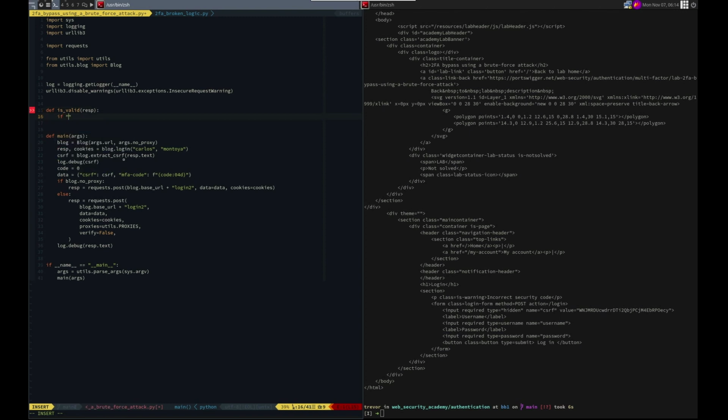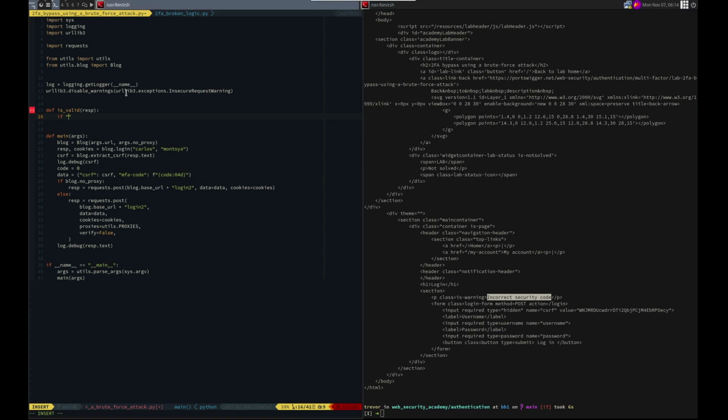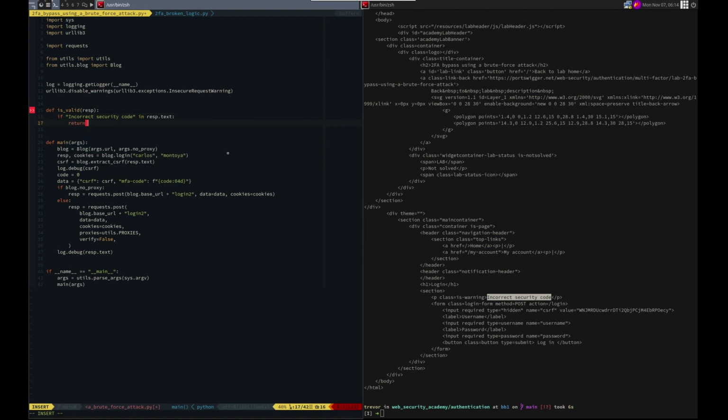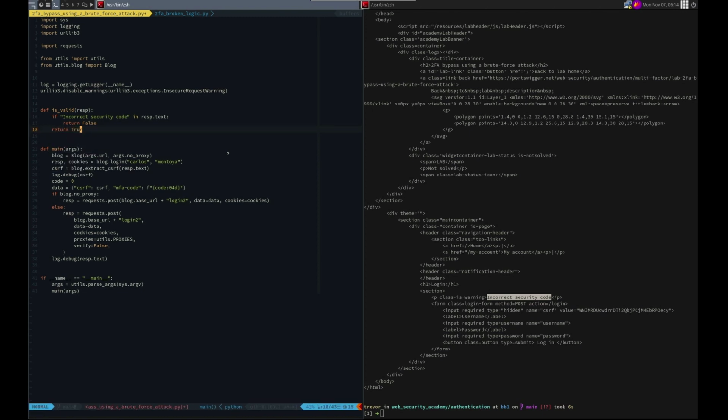if this, and it's probably 302 if we get it right, but I don't know that for sure. In resp.text return false, return maybe. Too bad Python doesn't have it, maybe. Okay, so